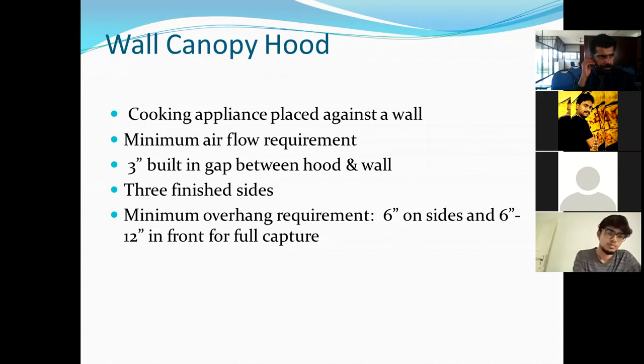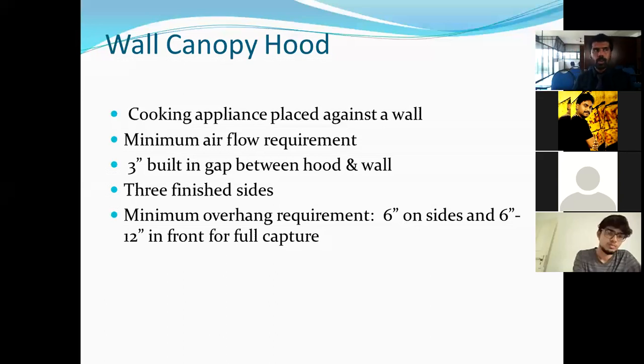Overhang means just an extension. That's all. Okay, if this is a kitchen stove, for example, my mobile phone is a stove, this will be the kitchen hood. This will be the kitchen hood, and you can see extension here. Here, all the 4 sides you can see extension because this is bigger than this stove. So all the 4 sides there is an extension. So that extension is known as overhang.